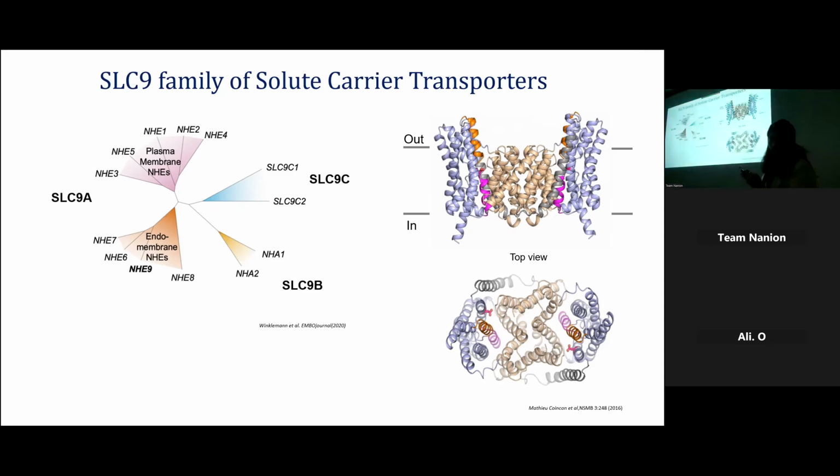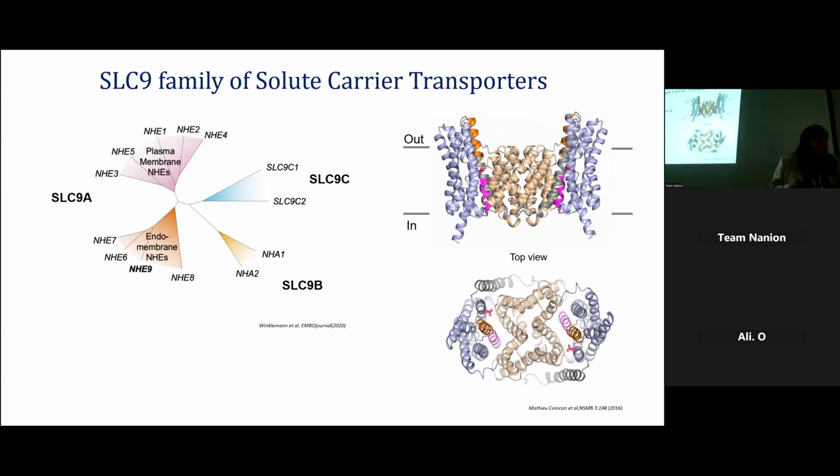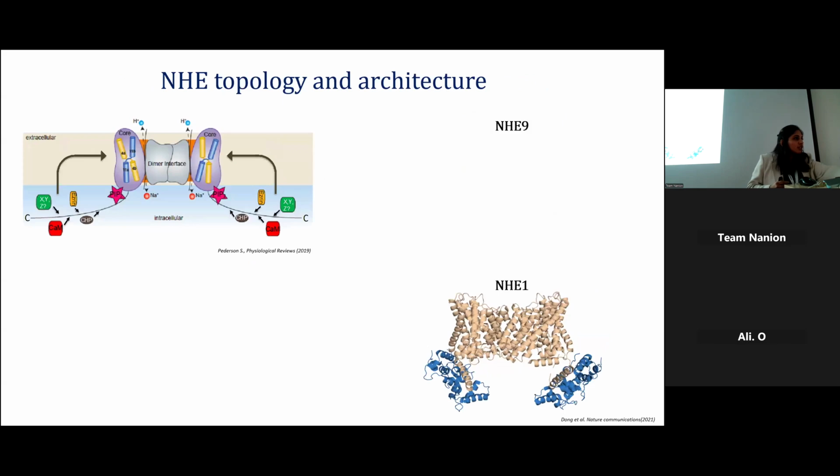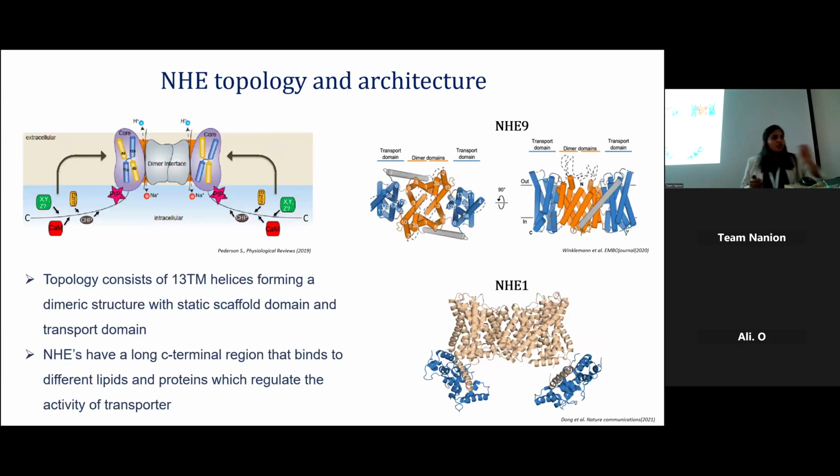So here's a beautiful movie from a bacterial sodium proton exchanger, where we had the structure of, oh, I think it's not working, but it transitions from an outward open state to an inward open state. Okay. So usually NHEs